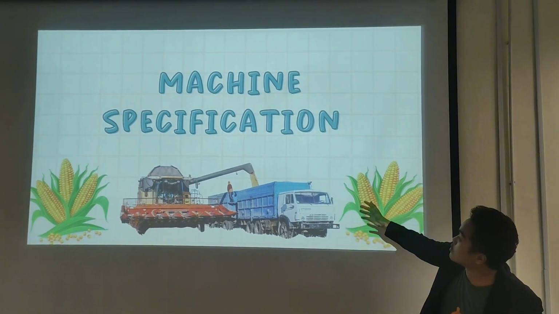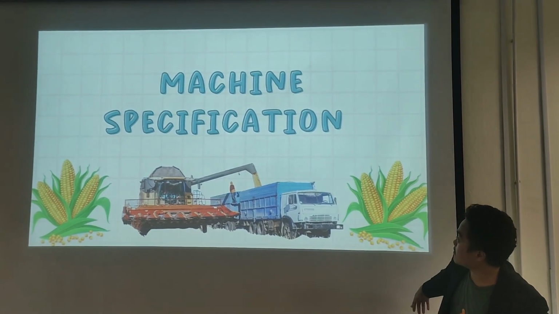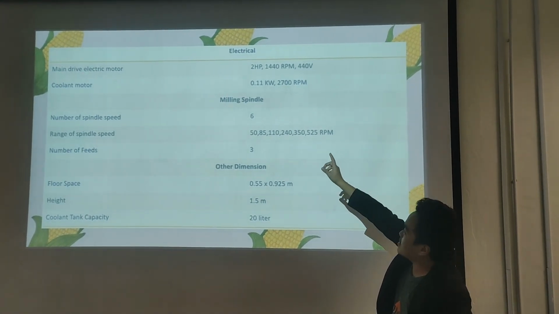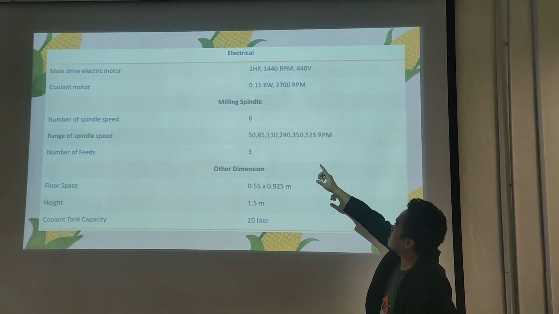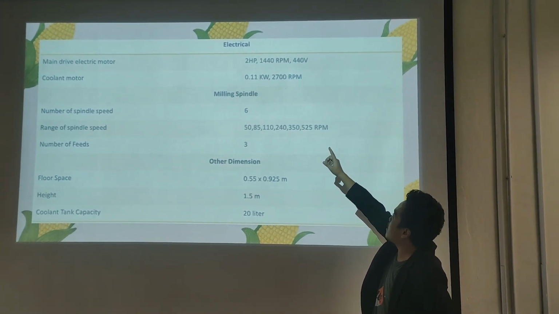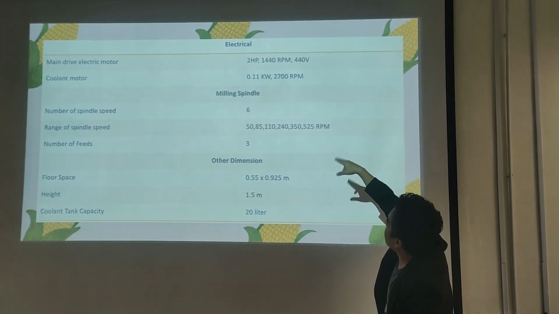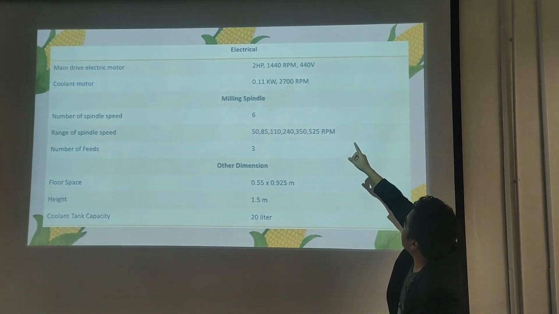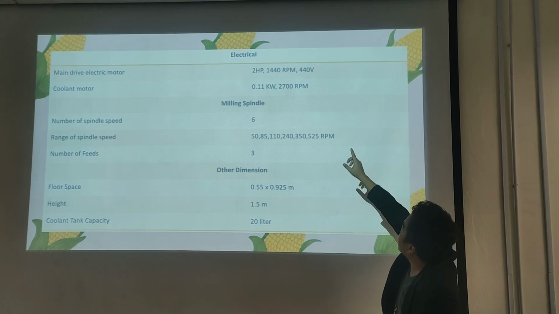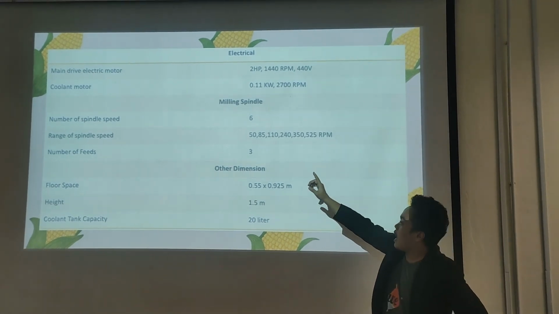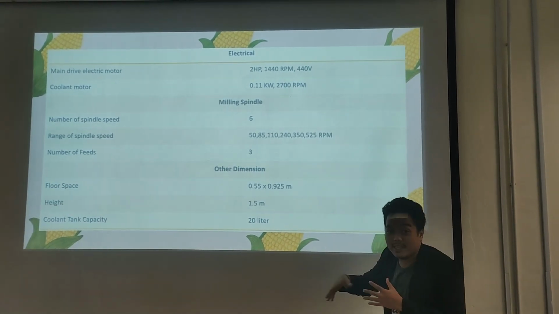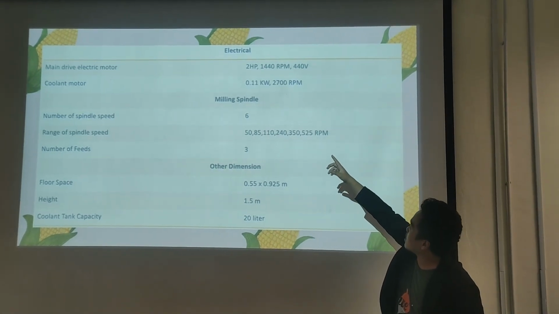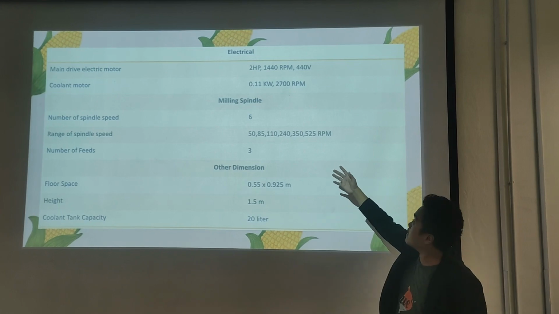Okay, let's talk about our product machine specification. As you can see here, in the electrical section, the main drive electric motor has 2 horsepower, can produce around 1,440 rotations per minute and uses 440 volts. Our coolant motor, the thing that cools the machine, uses 0.11 kilowatts of power,